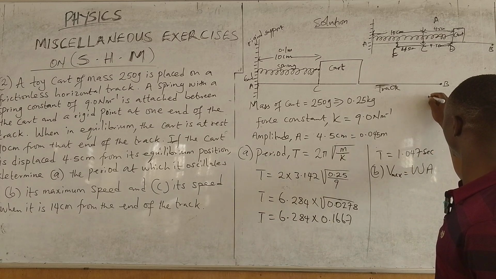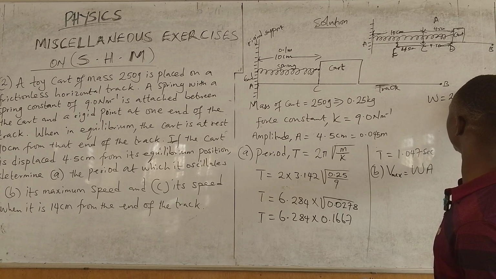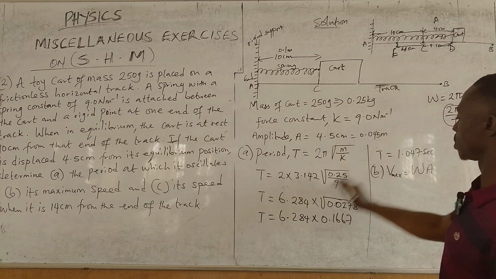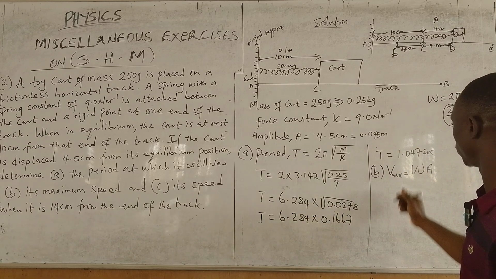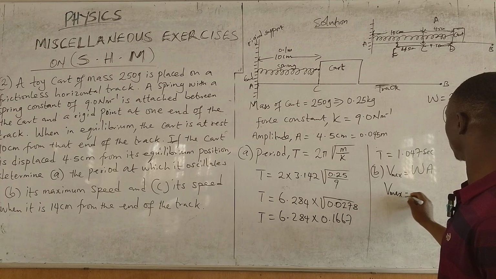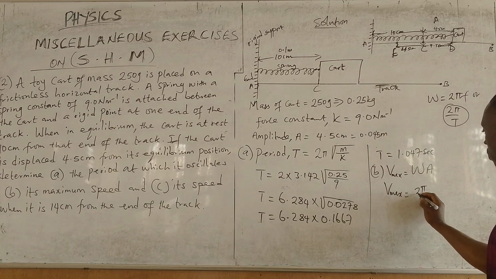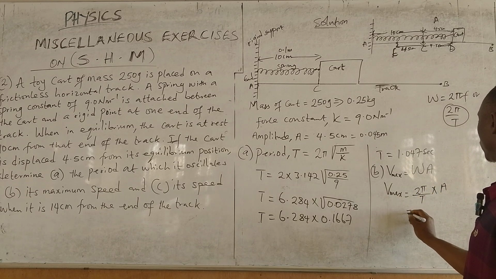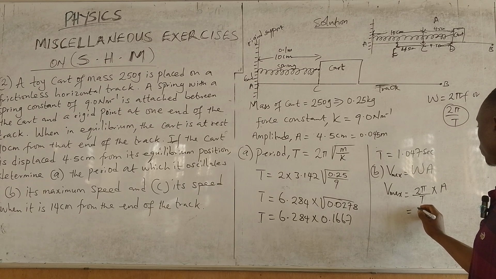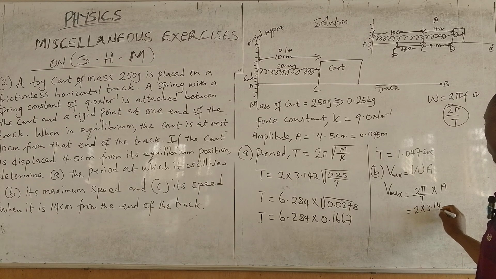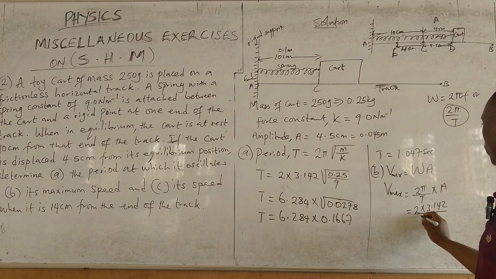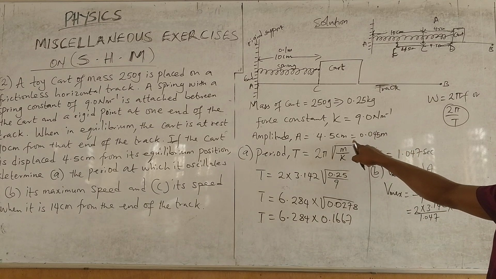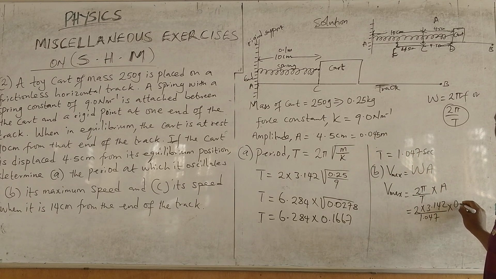So omega is what? Remember this formula? 2 pi f, or you say 2 pi over T. So since we have T here, V max will now be 2 pi over T times A, which is now, what's 2 pi? 2 times 3.142 over T, which is the period, 1.047 times amplitude. Now you see the reason why I look for the amplitude first,